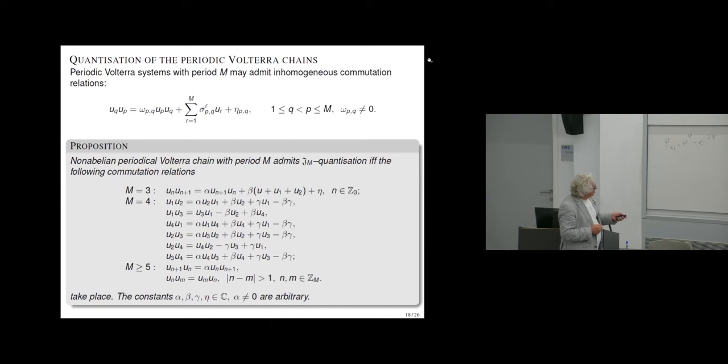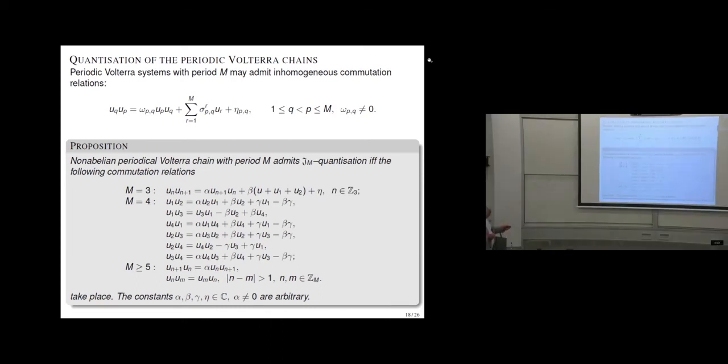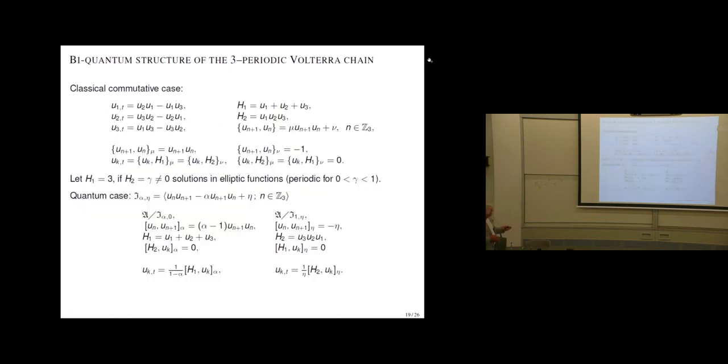For example, you have only 3 constants, but in a very peculiar way. But we cannot do anything because that is a result of the algebraic solution of algebraic equations. It's not just our guess. And if m equals 5 or more, then there are no extra constants allowed. Sigma or eta not allowed. You will have only the quantization when you swap u and u and multiply by a constant. That's it. Nothing else. That is the answer.